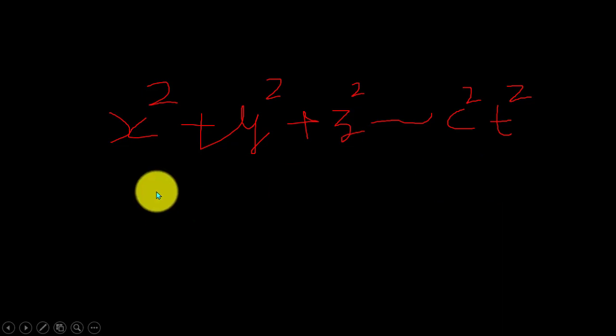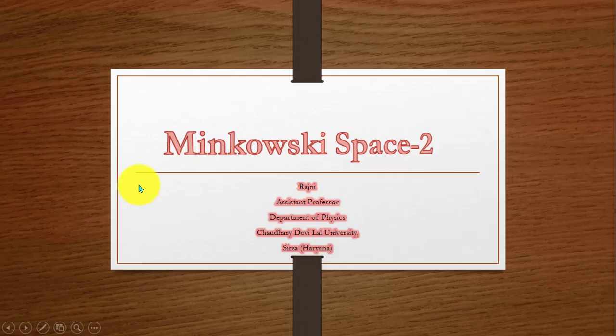There are other quantities as well which remain Lorentz invariant. So what are those quantities? I'm giving you an assignment, or you can take it as homework. You will have to calculate whether these quantities are Lorentz invariant or not. First of all, the total charge: whether it is Lorentz invariant or not. The next quantity is E square minus c square B square: whether this quantity is Lorentz invariant or not. And also you have to find out which other quantities are Lorentz invariant.